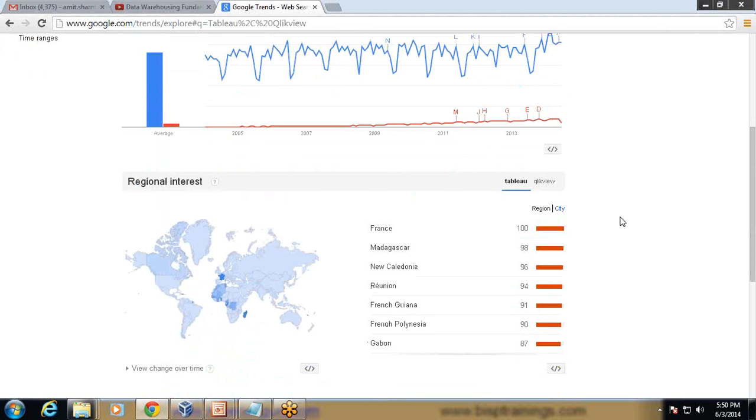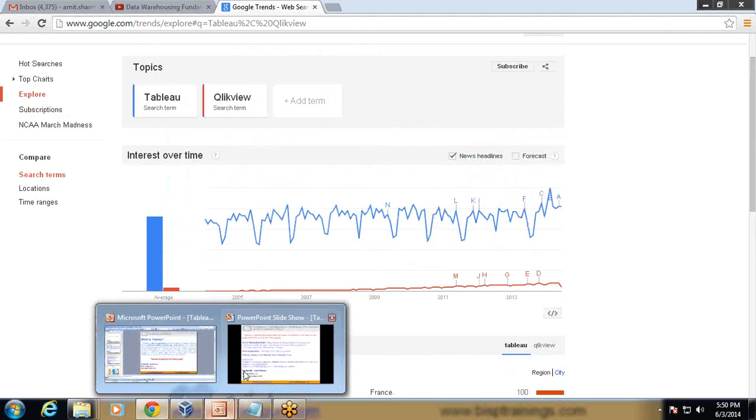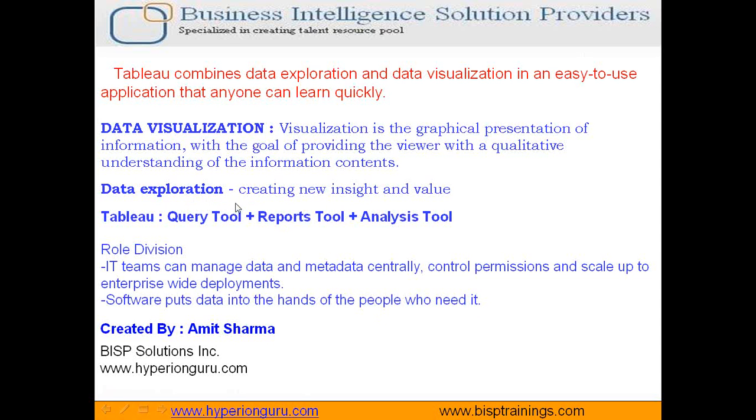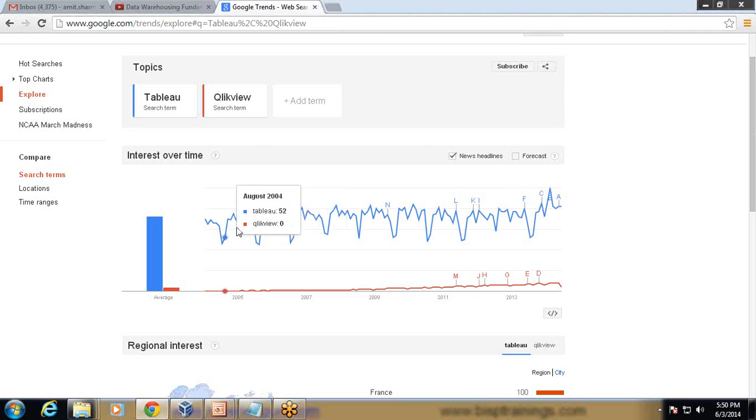In addition to data visualization, there's another term called data exploration. Data exploration, in double quotes, we understand as creating new insight and value. The same information can be viewed in multiple ways. It is interpreted and understood in different formats and different ways. With data exploration, I can further explore this and identify